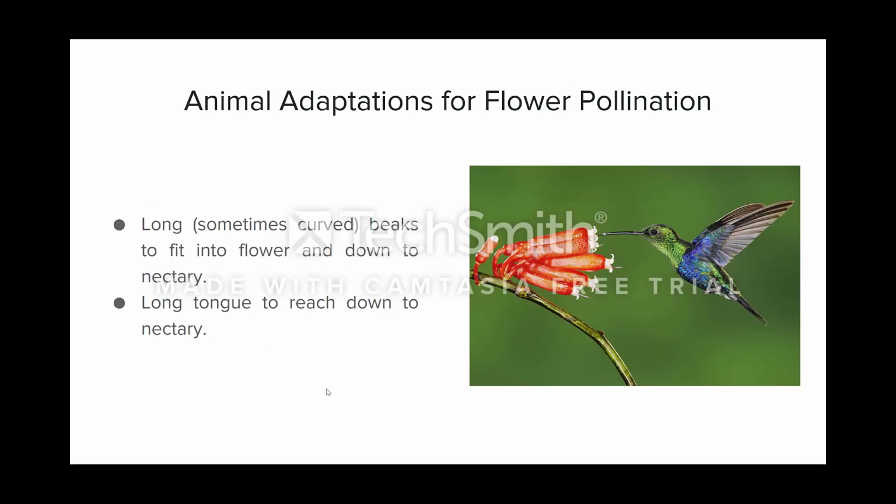Okay, other things you might have in terms of the adaptations that an animal might have. You can often have a curved beak, which is quite common in many bird species. I think a tui is a good example of this. Very often as well, there'll be a long tongue to let it get into that actual flower and get down to a nectary and take sugar from